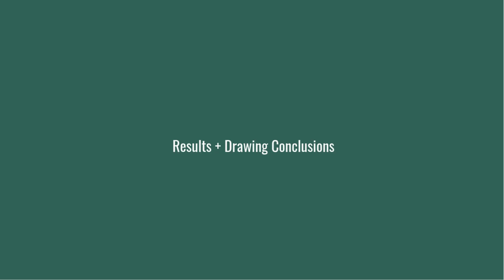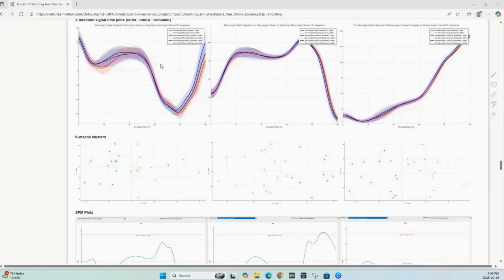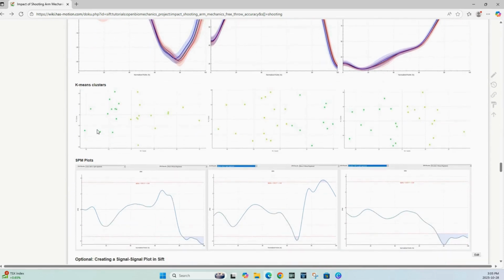Now that all of the necessary statistical analysis has been performed, we can move on to interpreting results and drawing conclusions. Once the waveforms for makes, left misses, and right misses have been visualized for all 27 queries, we can see subtle differences between the results for each joint angle based on the shot result. The most significant differences we saw were in the flexion-extension patterns for each joint. As such, we performed further analytical testing on the left versus right misses and how they were impacted by shoulder, elbow, and wrist movement in the X direction.